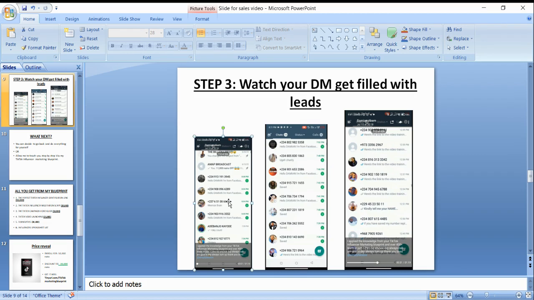The main advantage of TikTok influencer marketing, or using TikTok influencers to run ads, is that you don't have to worry about shooting videos. The influencer is going to shoot the videos. You don't have to worry about editing videos. The influencer is going to edit the videos. Even coming up with the ad script, you just need to do, let me say, 50% input into it. Because at the end of the day, the influencer knows what is best for their audience. And if they know what they are doing, they will majorly come up with the idea. Your own is just to fine tune what is going on.